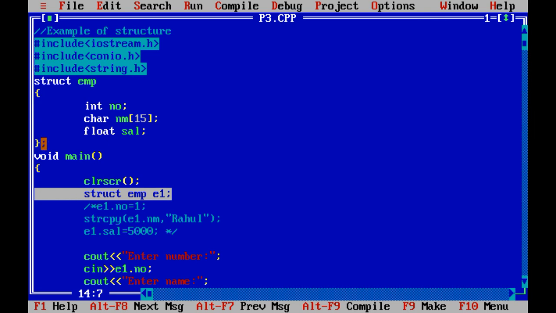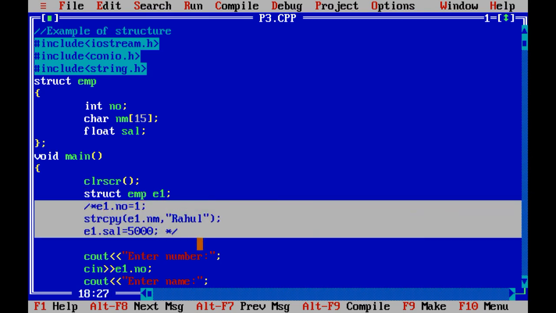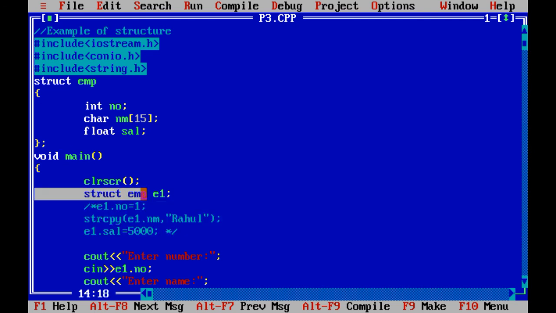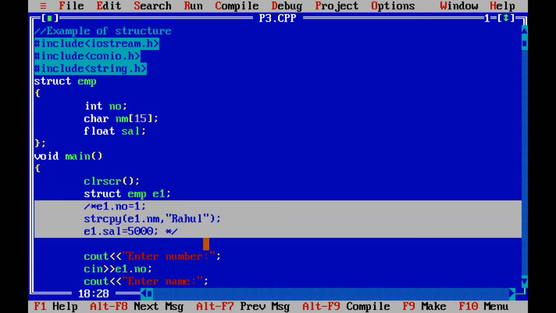After that we have used and passed our data over here. After that, this is the third way, we have passed our data at the time of void main. Here I have defined the structure variable, here I have passed the values into the structure variable.